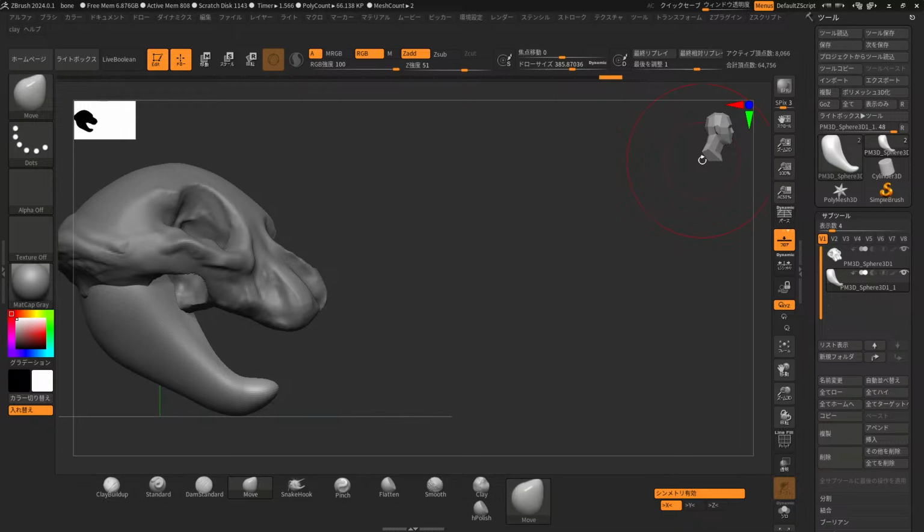And I'm gonna introduce you to a new brush in this video, which is called the Damien Standard. So Damien Standard was named after an artist named Damien who created this brush a long time ago, and it's been in ZBrush ever since. It's BDS. And with Damien Standard, you're gonna be able to carve. It's kind of like a knife. So we'll create this very nice sharp line here. And then we can smooth this out